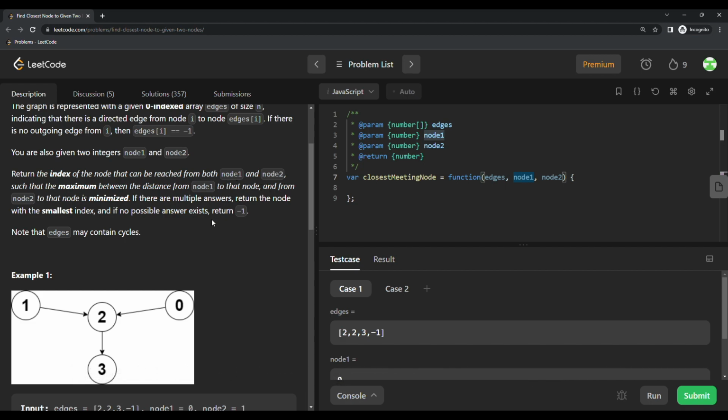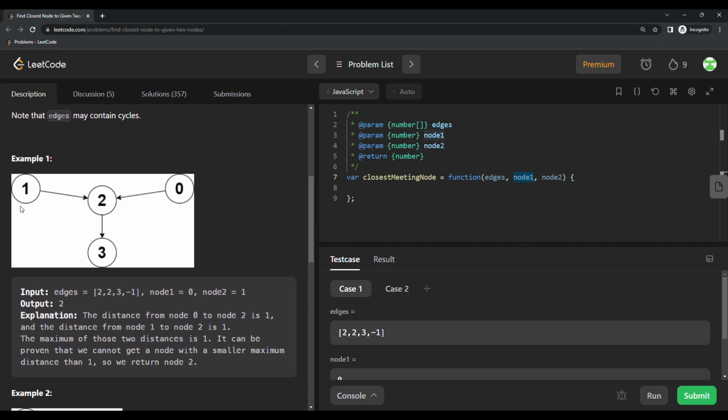And then it should be the maximum between the distance from node 1 and node 2. It should be minimized. And if there are multiple answers, we have to return the smallest index, otherwise we have to return -1. So there is the edge array,